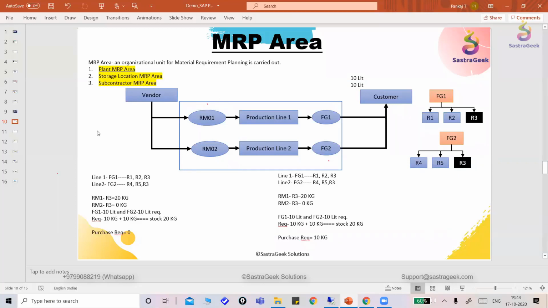I'll give one very good example. Let's say I'm in heavy industry, where I'm having a raw material of steel, okay, and the raw material is still available at this location. But now the requirement is at this line. That means the requirement is at this storage location. But I don't have that kind of crane available which will take this material from this location and put it here. I don't have that kind of train available to transfer the material from here to here. In that case, if I'm working with a plant MRP area and I haven't created any separate MRP area,